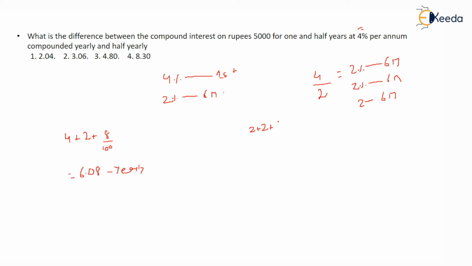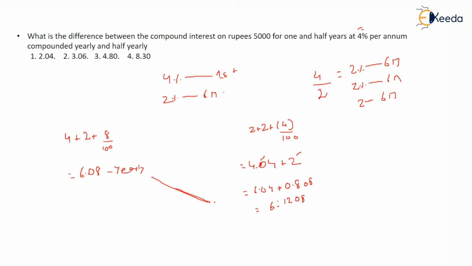2 plus 2 plus 2 into 2, that is 4 upon 100. This comes out to be what? 4 plus 4.04. Now again you have to add 2. This comes out to be 6.04. This is A, this is B. A plus B, that is 4.04 plus 2, that is 6.04, plus both multiplication, that comes out to be this. After adding this comes out to be something 808. After adding this, we'll get 6.1208. So what is the difference between both of them?